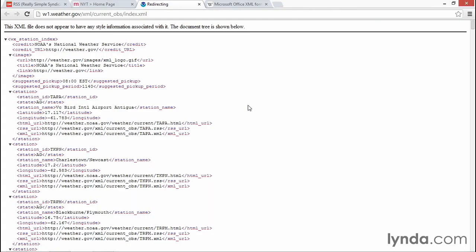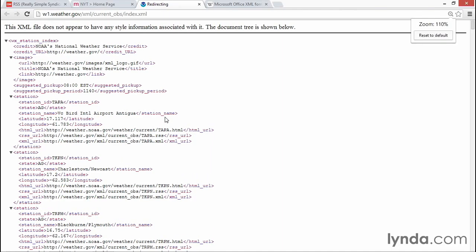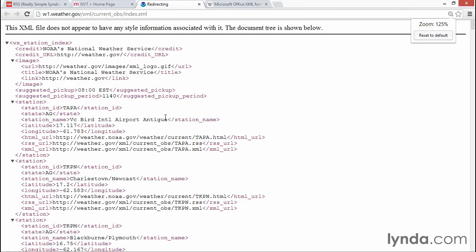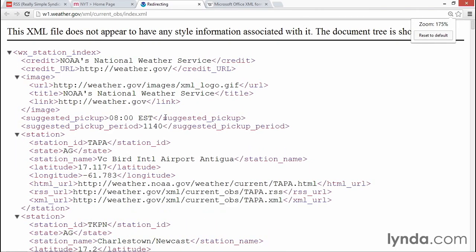So unlike CNN and the New York Times, this particular XML page does not have any style information, and therefore I'm just getting the raw XML here in the browser. And let me go ahead and zoom this up so we can see it a little bit larger. All right, there we go. Now you can also see that when I zoom the code up, that this is not RSS. This is a different dialect of XML that the Weather Service is using to describe weather conditions. And you can see here at the top, there are XML tags that describe things like links and titles